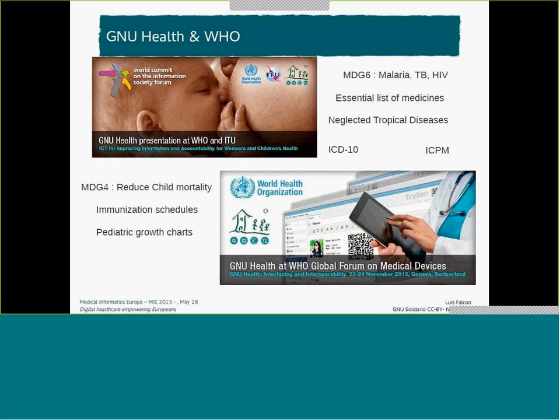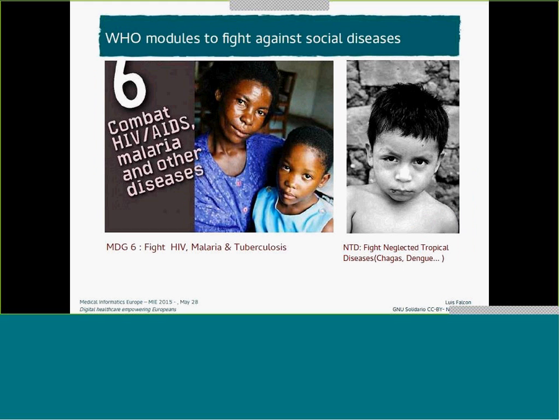I'll show just a couple of examples based on HIV and malaria, that's MDG 6, and also in terms of neglected tropical diseases, we have specific functionality on Chagas and dengue, where we are dealing not only with lab tests and procedures,